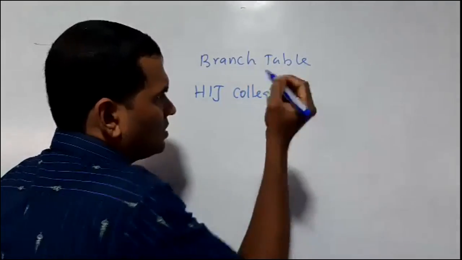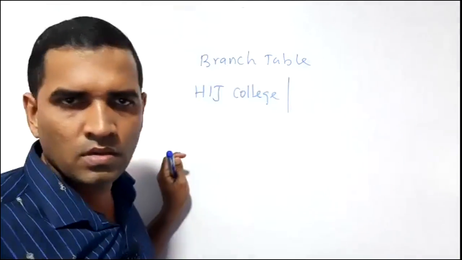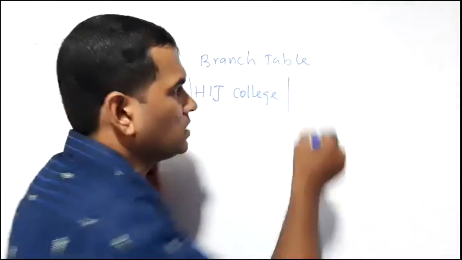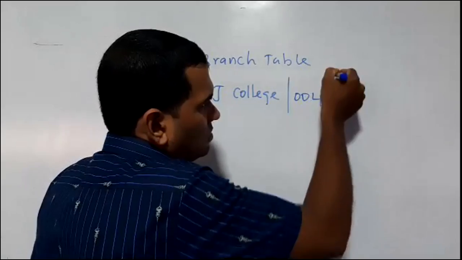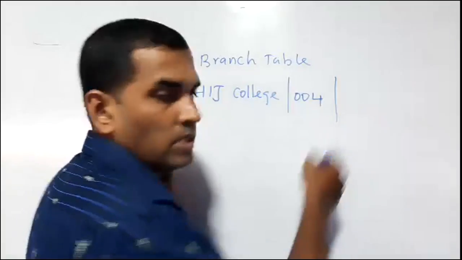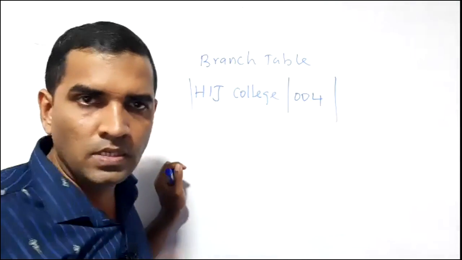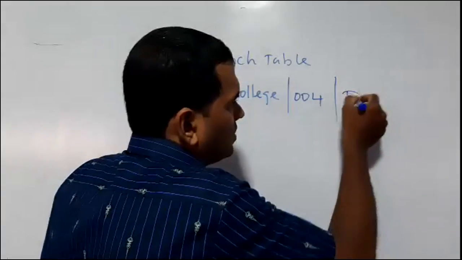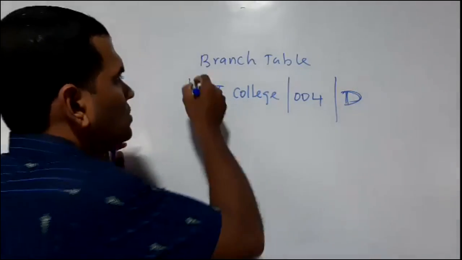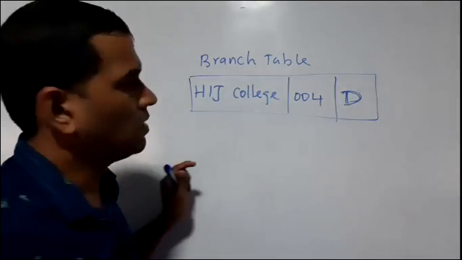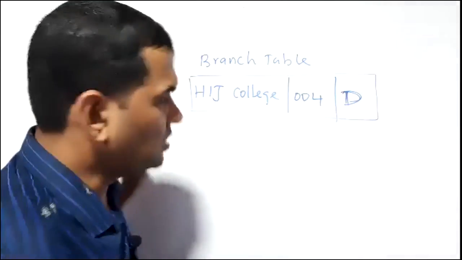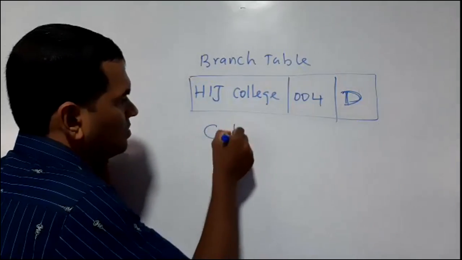Even you can put the border, right? Because it's a table. Then the second one, shop ID, is given as 004. Then category is not given. We can take that as D because A, B, C are already given. So it is D. This is the record. This is enough. This is how the branch table is updated. And the category table is also updated, right? So category